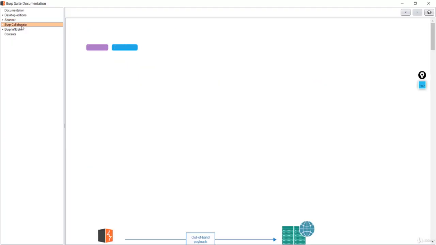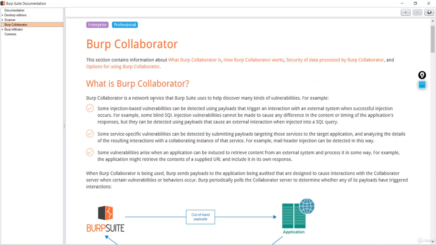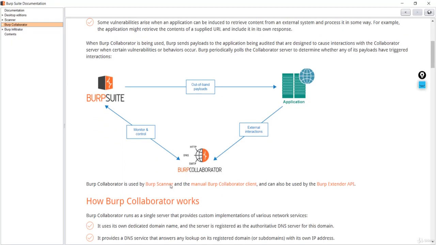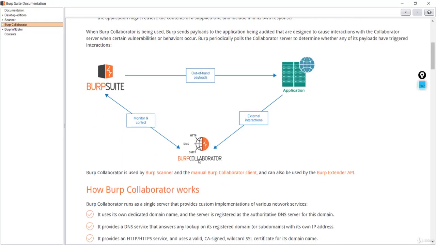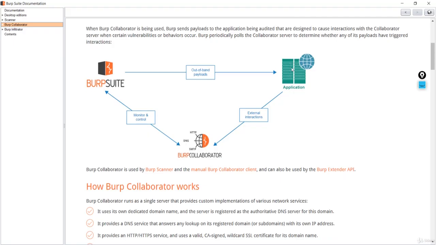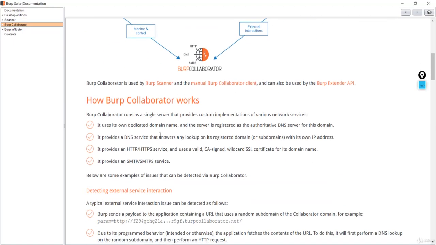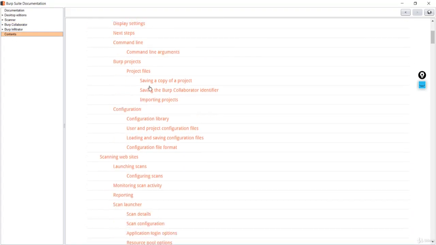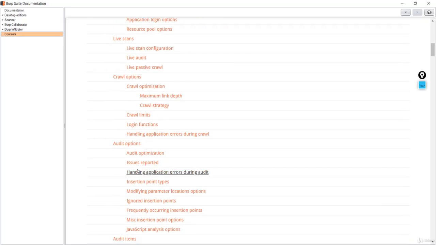We have the Burp Collaborator over here, which is basically a payload injector. You can see that we have Burp Suite, and Burp Collaborator is a protocol that is linked with Burp Suite so as to monitor and inject the payload into the application, which is our server. And the way that Burp Collaborator works is over here. You can just go to this to see how Burp Collaborator works. And we have the content over here, which is the content of Burp Suite. So you can simply check how this works.